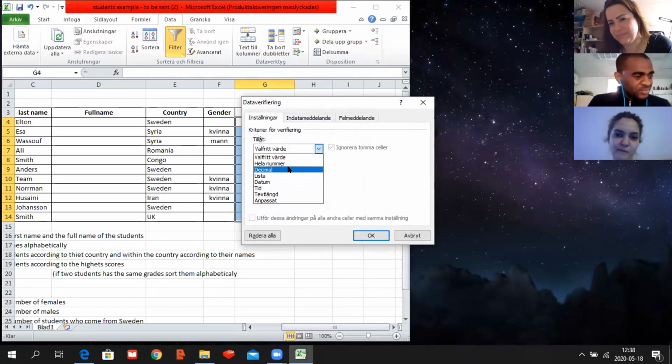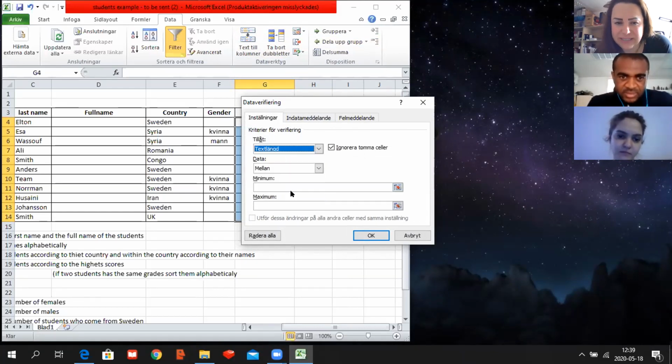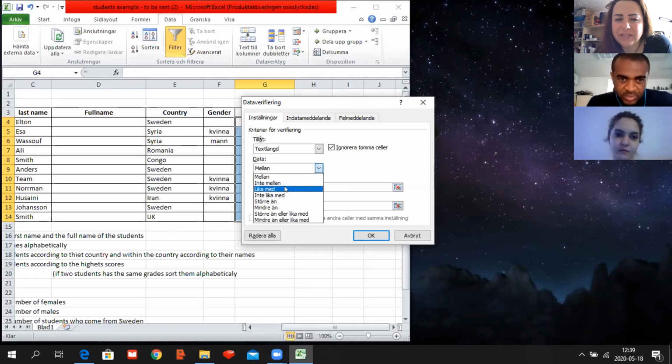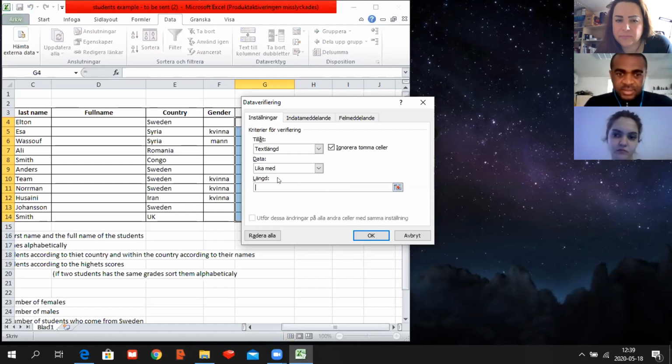And then we put the value for this. We're talking about text length. I know that you have some difficulty. Yes, exactly. So it should be equal. Equal in English, in Swedish "lika med". And then not more than 10 digits? Or not, exactly 10 digits. "Lika med" means exactly or equal. Okay, equal. That means equal to 10 digits. Yes, exactly.